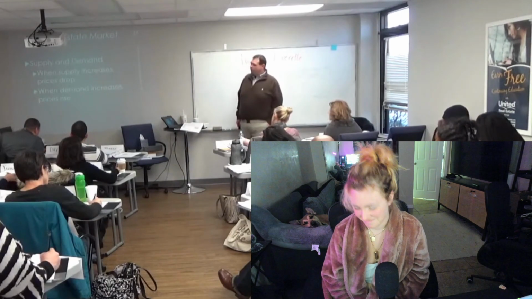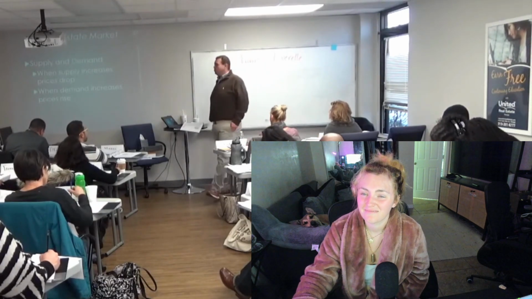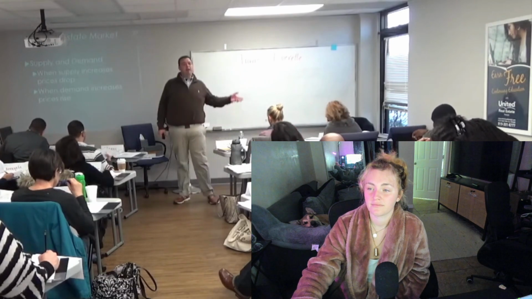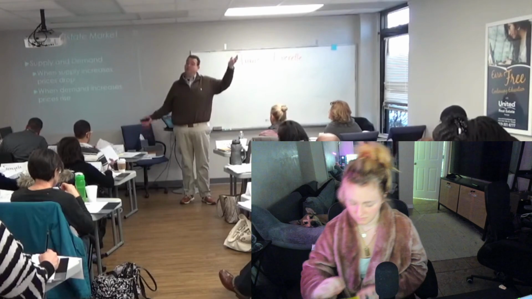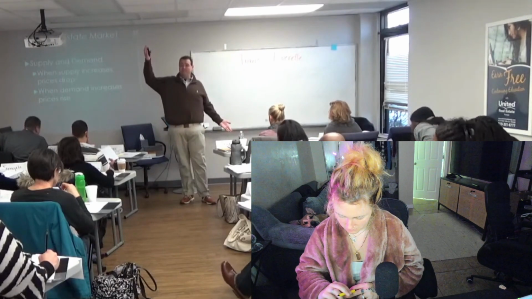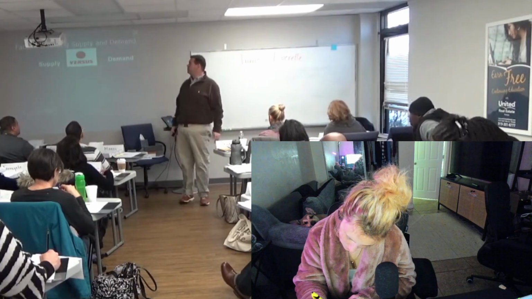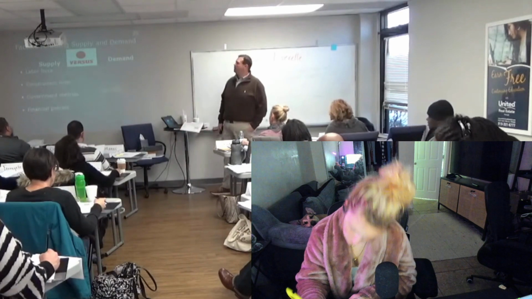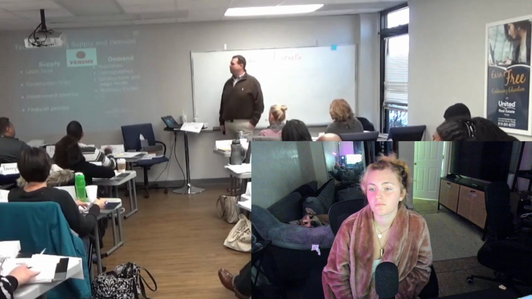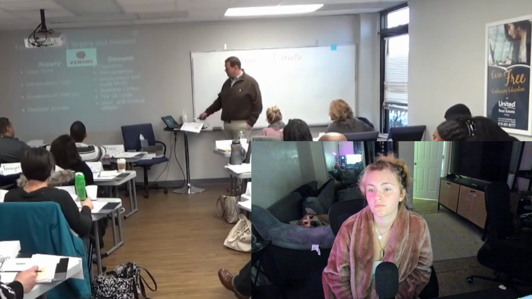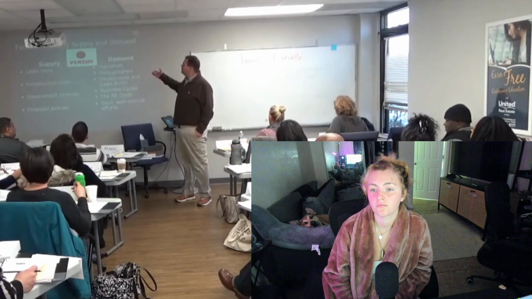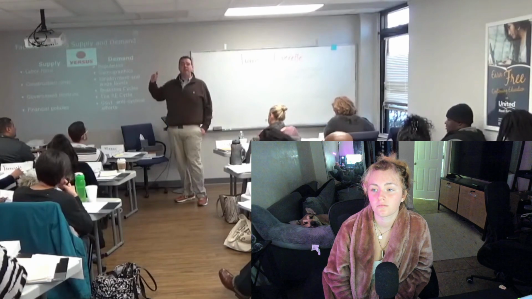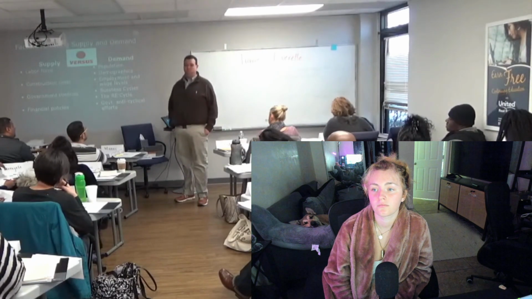So we need to talk about this idea of supply and demand. Supply and demand, they offset each other. When supply goes up, what happens to demand? It goes down, and vice versa. When demand goes up, supply goes down. Would you agree with that? So these are always against each other. You don't need to memorize any of these things, but these are examples of things that would affect supply and demand. Would you agree that the size of the population would affect the demand for real estate in an area?